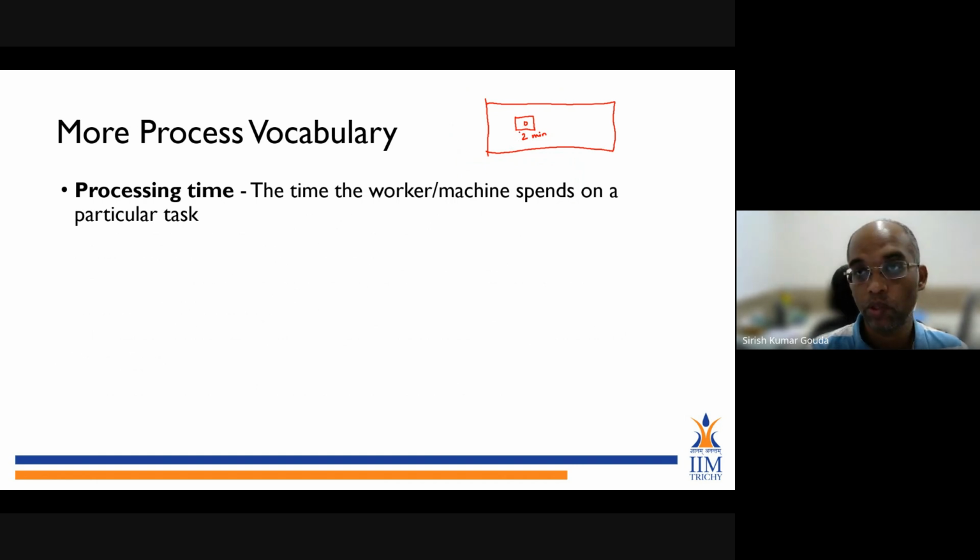If you would have gone through the Kristen's Cookie Company case, you would understand that the processing time for the oven, which is baking that particular product, was considered to be 10 minutes. So processing time is nothing but the time the worker, the machine, the request, that activity